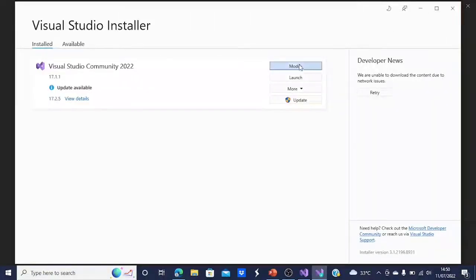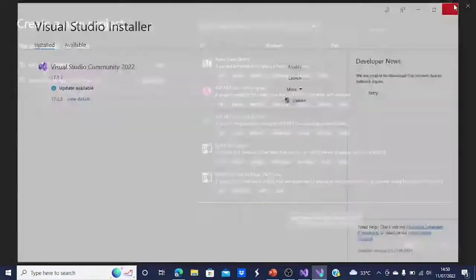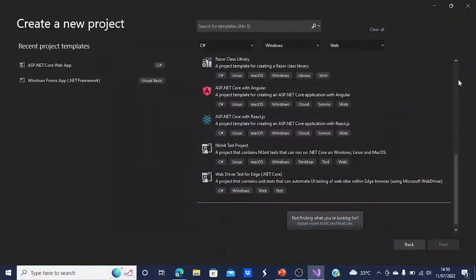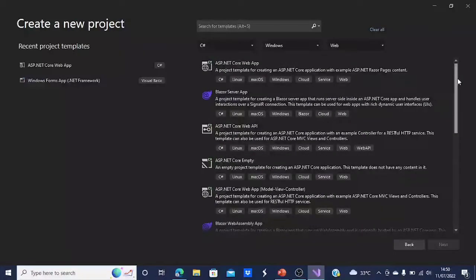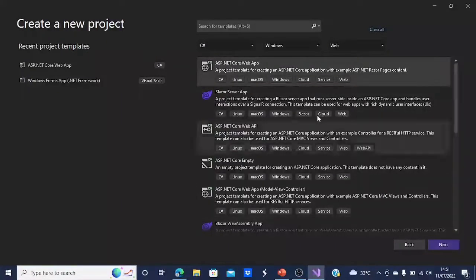Okay, we close. Then we will create a project here and click next. Make sure it is definitely the ASP.NET Core web app.